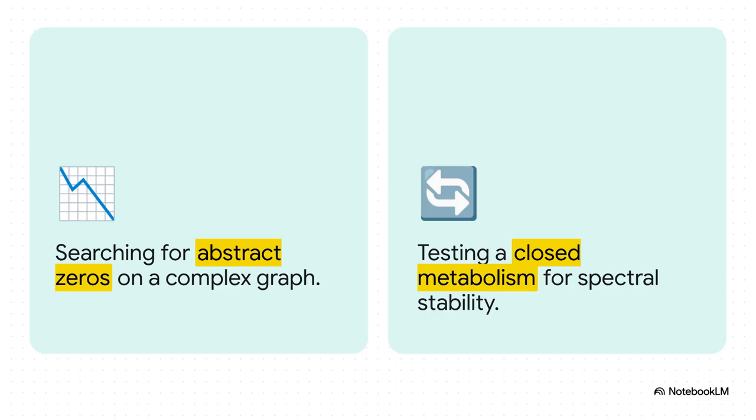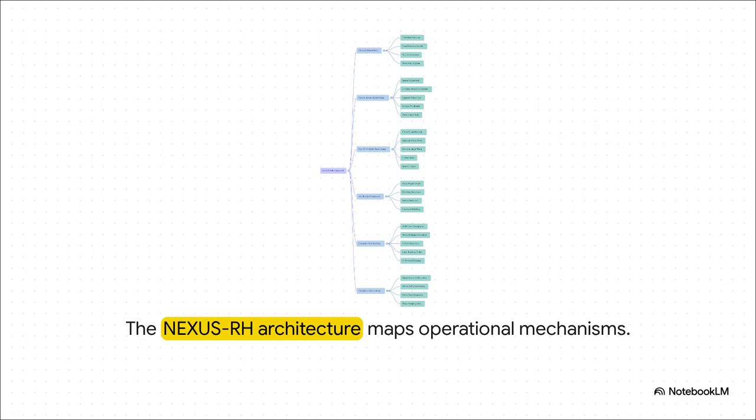The Nexus framework? It abandons that abstract graphing entirely. Instead, it reframes the Riemann hypothesis as a runtime safety theorem. We're testing the prime numbers as a closed computational metabolism. We are essentially checking if the prime number system is a perfectly balanced, self-sustaining engine. To actually pull this off requires a massive architecture. We've got the principal wheel mode, the geometric fold machine, the Hall residue, all working together as a single metabolic system. It's digesting prime mass, sorting the arithmetic exhaust, and mirroring it back to test for spectral stability. It's an incredible piece of machinery.